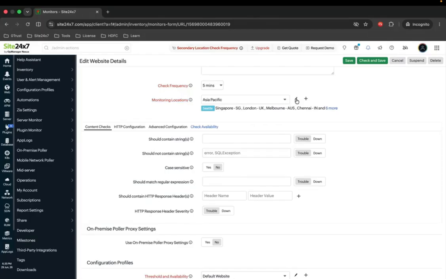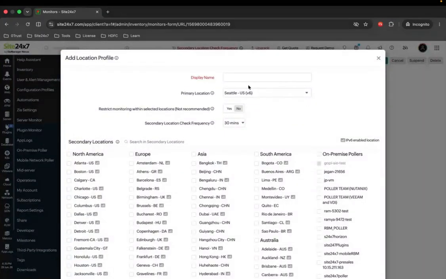So let us say we have a website, and the users are mostly from a certain region. Let us say it is from Singapore alone, or covering the Australia zone alone, we have most of the users there, and we have to monitor the website's reachability and performance, which is response time and availability, from this particular region. We can create certain threshold location profiles. We'll be able to create one location profile,